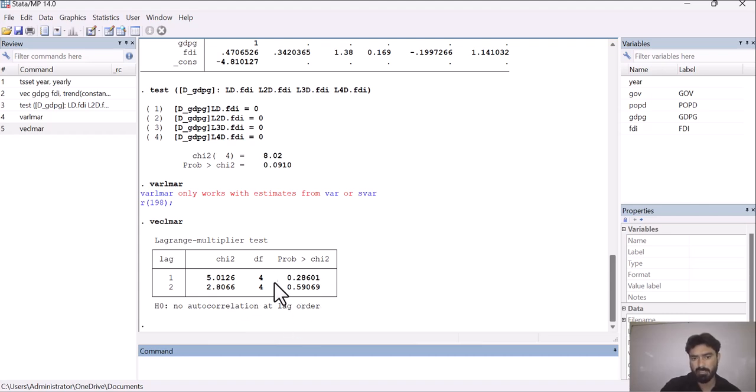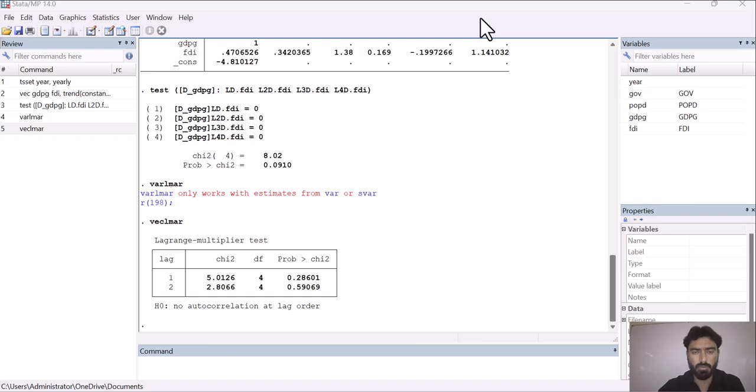And what is the criterion for selecting or rejecting H0 or H1? If the probability value is greater than 0.05, then you have to accept H0. As in our case, the probability value is greater than 0.05, which means that we have to accept H0, meaning that there is no issue of autocorrelation at lag 1 as well as at lag 2, because both of these probability values are higher than 0.05.